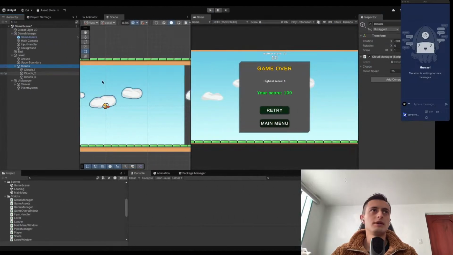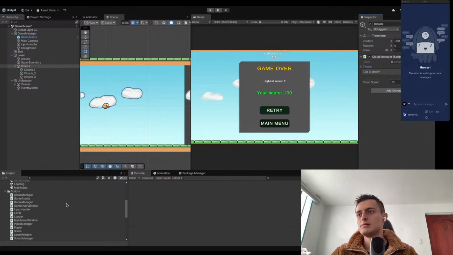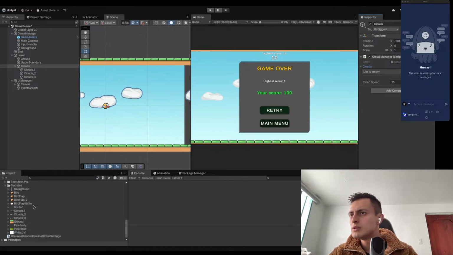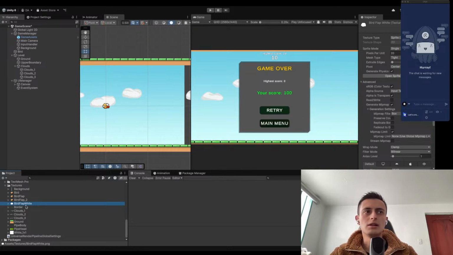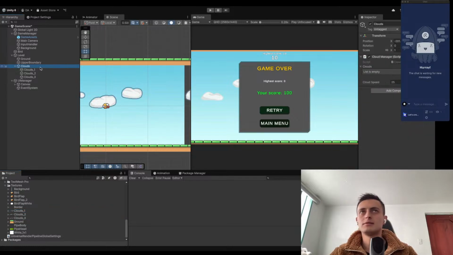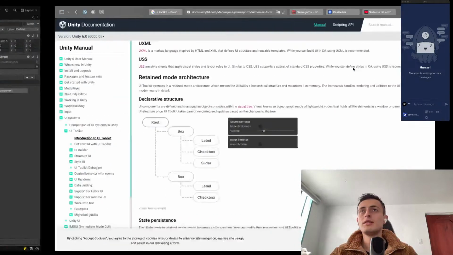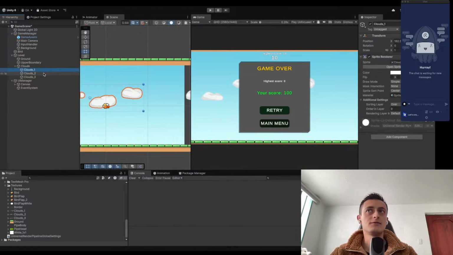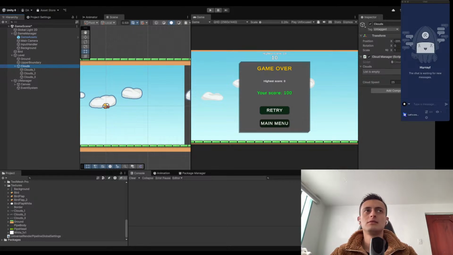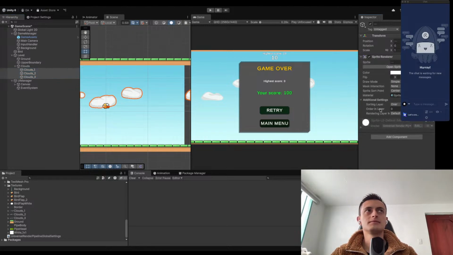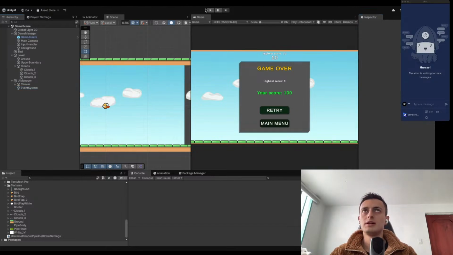Where are my clouds? So I have these clouds. Okay, hold on. One thing is the transform. I just have the transform. Okay, cool. So I need to just drag them here. So here, I will drag them here. Okay, I got them. Can unlock this. I will save. And now,